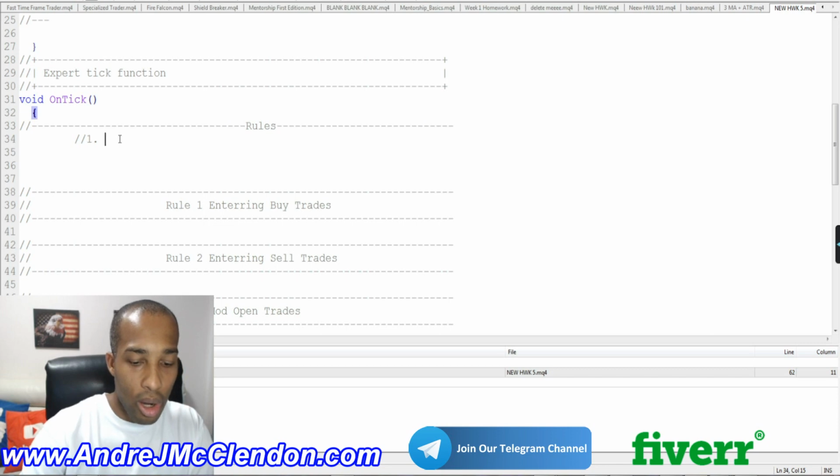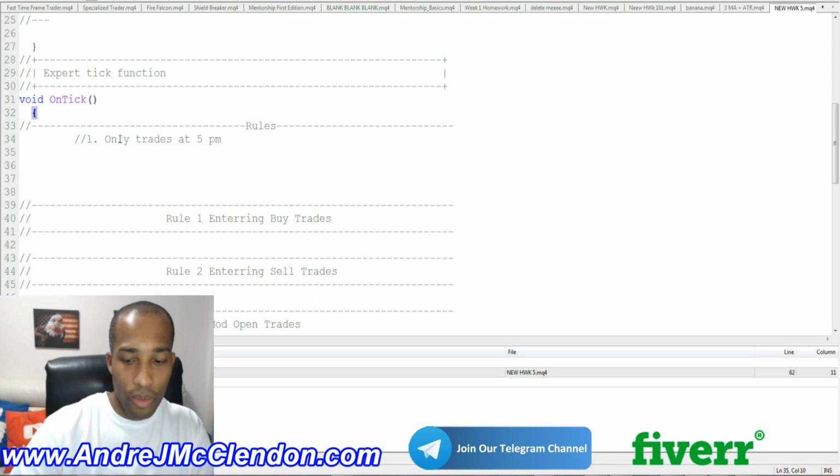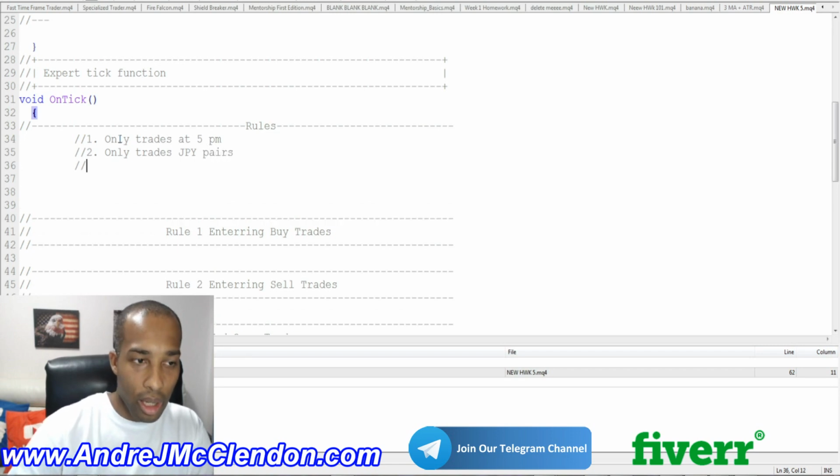It'd be like this. Only trades at 5 p.m., for example. Right? Rule number 2. Only trades, let's say, JPY pairs, or yen pairs, okay? Rule number 3. Only trades, I don't know, say trades trends. Trades and